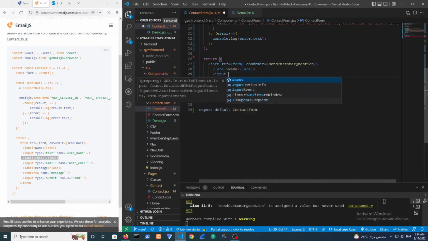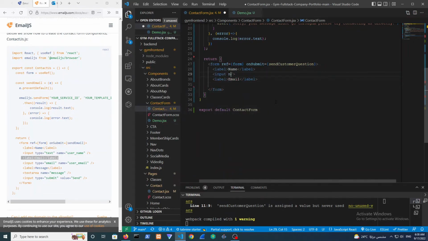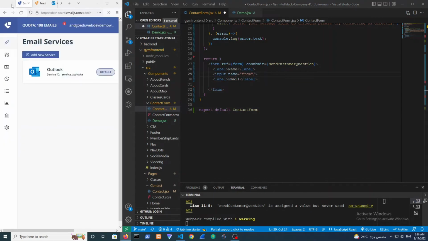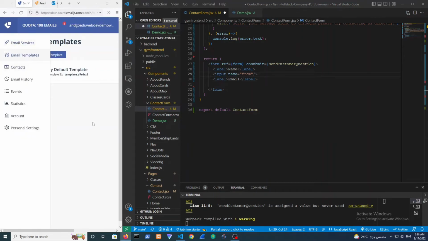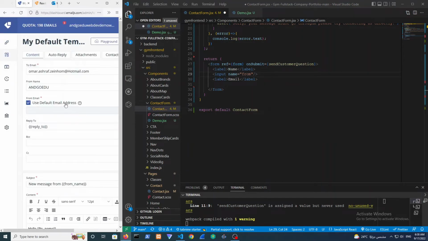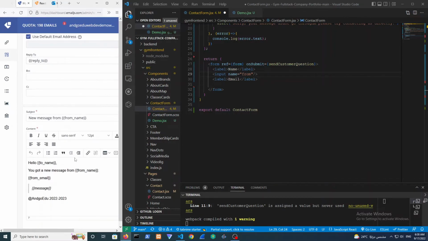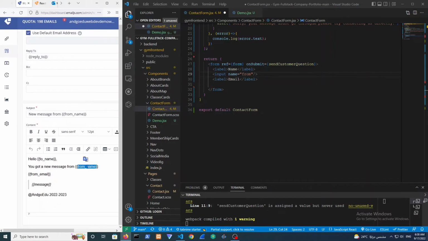Here it is, another input, and we're gonna give it the name of, remember the email template that we created before. So basically, you see this fromName. This is what we want. This is the property we want to pass in. Okay, so fromName, this is for basically the name, and we're gonna give it the placeholder to